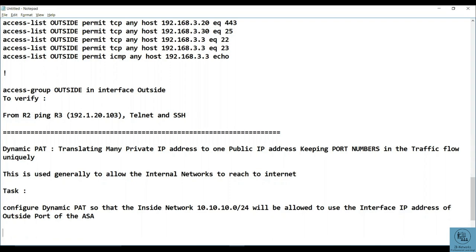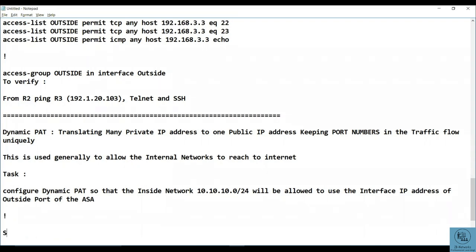Okay, so how do you do that? Similar stuff. Solution,